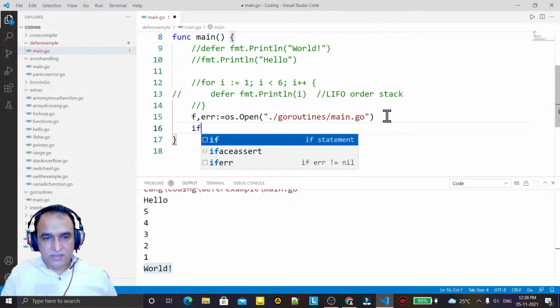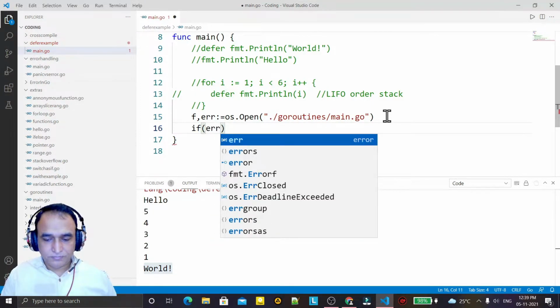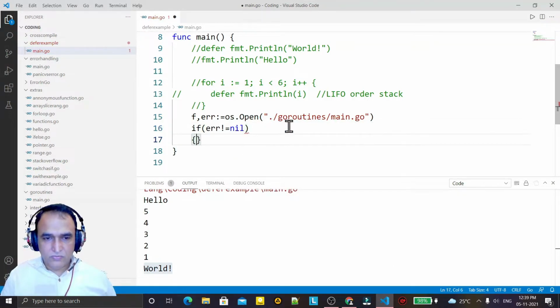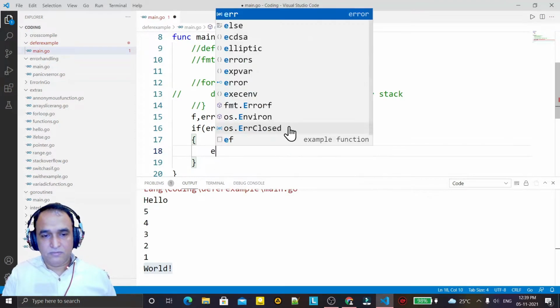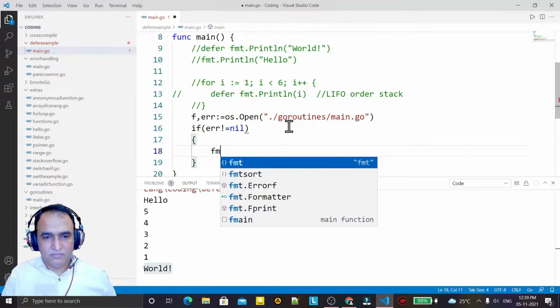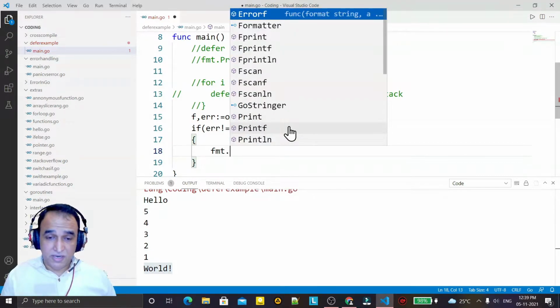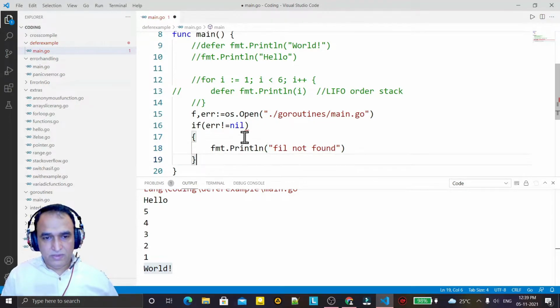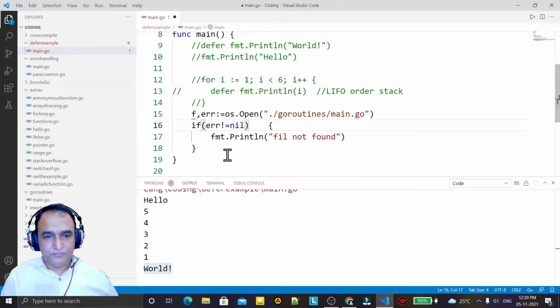Now I check if there is an error, meaning if error is not nil, we can generate an exception. We can print the value normally, because I'm not doing exception handling here. I have explained exception handling in a previous video, you can watch it there. So here I just put that file not found.